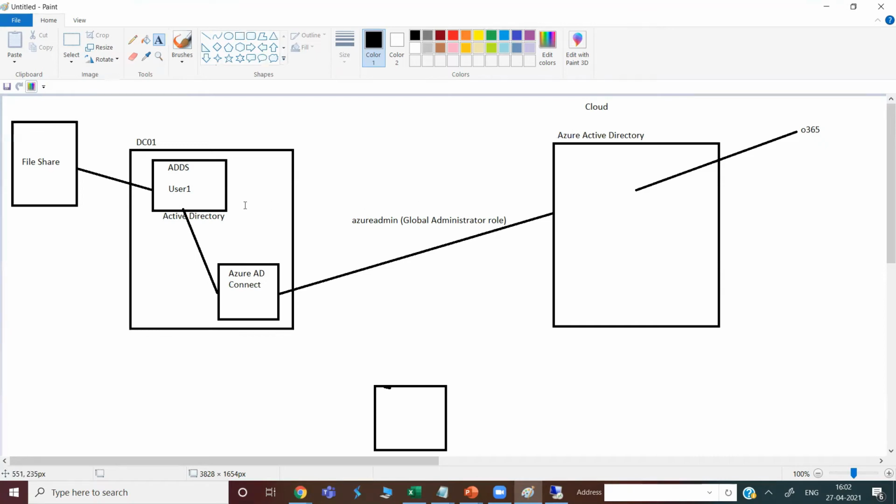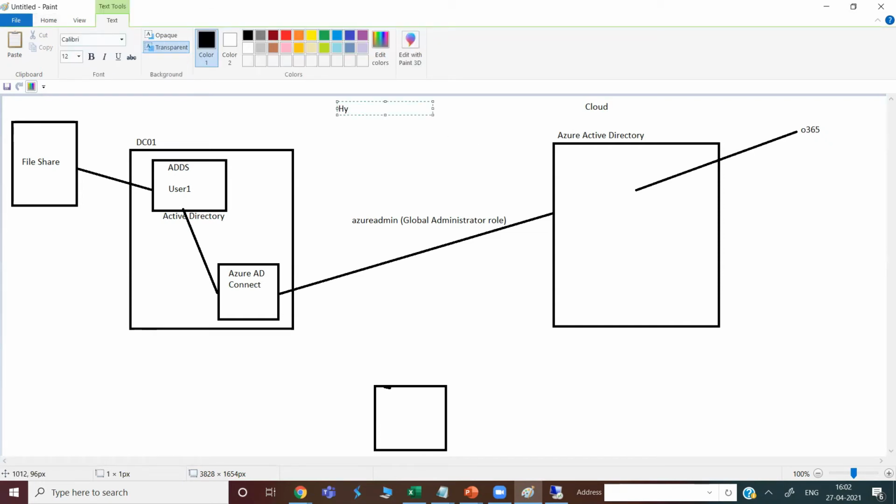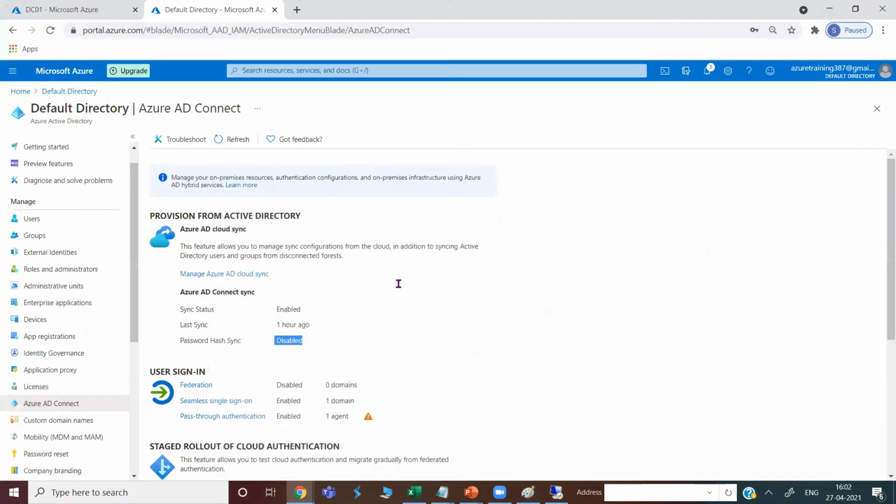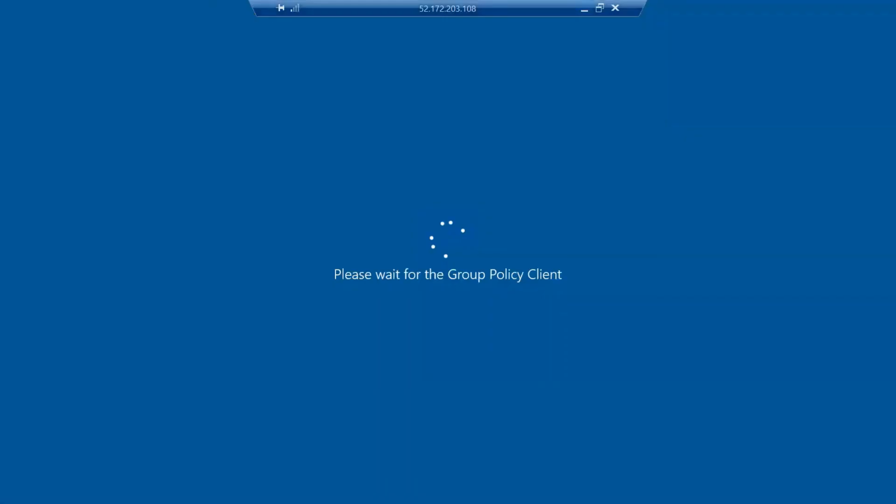So in this scenario also, you can see that one Active Directory is on-premises, and the other Active Directory is on your Azure portal. Okay, so right now what is happening? This is a hybrid model. This is a mix of both of them. So technically we call it a hybrid model. The hybrid model is the mix of on-prem plus cloud. Okay, so just keep all this in mind. We will come to this portal also. So now let's see. Still it is trying to log in. Let's wait for a few seconds.